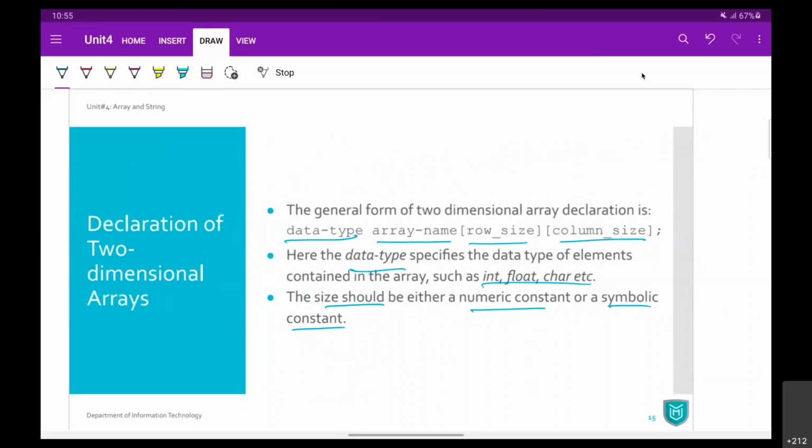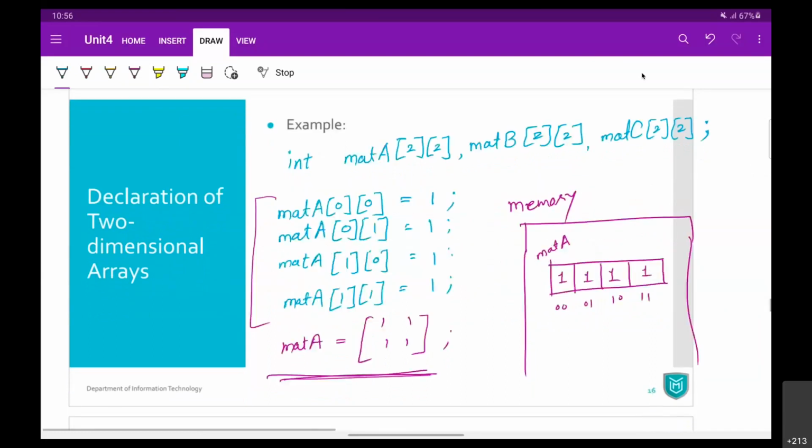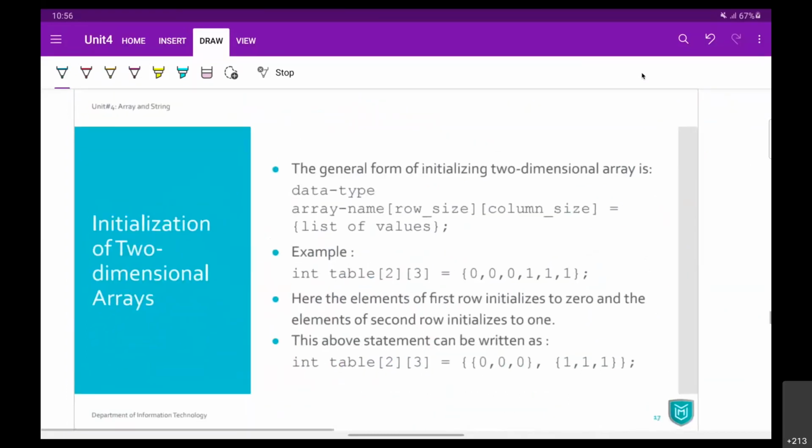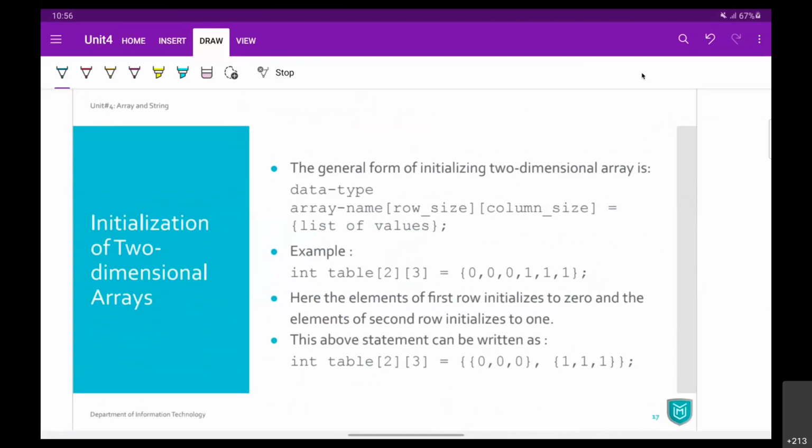If you do not follow this syntax, then it will have a compile time error. So you have to follow this syntax. That's why we are looking at all these syntaxes, how we can declare it, how we can initialize it. So at the time of declaration, if you want to assign some values, then this is the syntax.